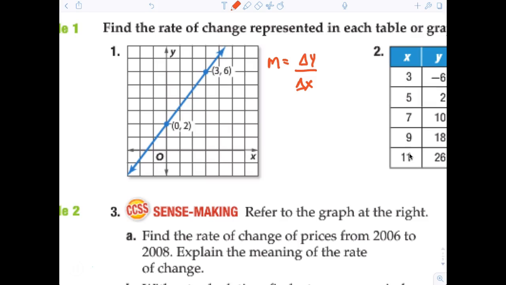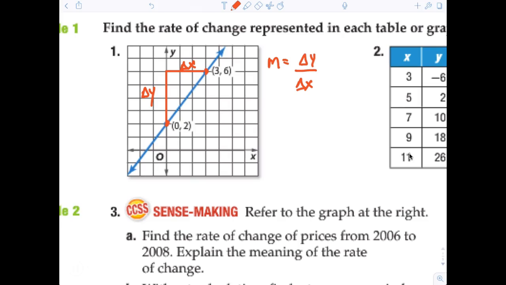So basically what you have to do is find the 2 points that you want to discuss. And I found these 2 points right here. Does everybody see that? Now again, all you have to do is really pay attention. The change in y represents this. I went from here to here. This is referred to as delta y. From here to here represents what? That represents delta x.